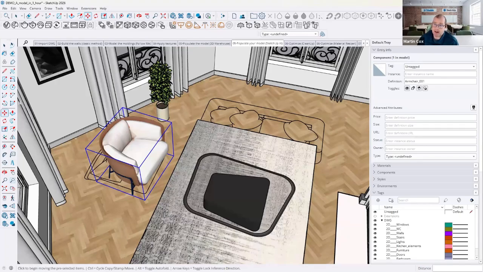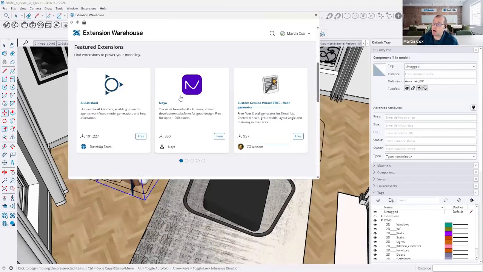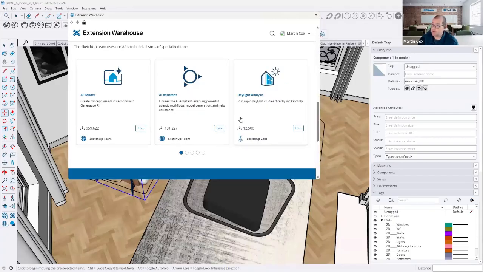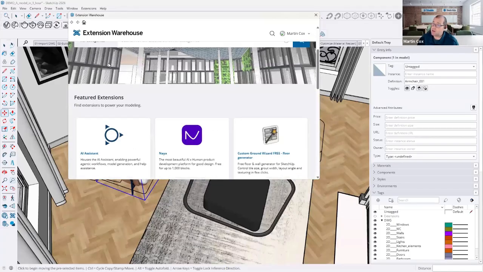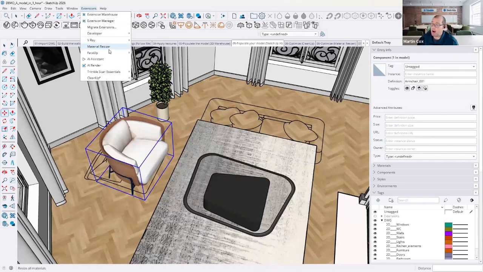Okay. I want to quickly talk about extensions. So extensions within SketchUp are quite a powerful way of expanding SketchUp's abilities. And we have an extension warehouse as well. And extensions are programs that people have written that can help do things that you do day to day within SketchUp. And SketchUp extensions that I use quite regularly, if I look at my extensions list, I have